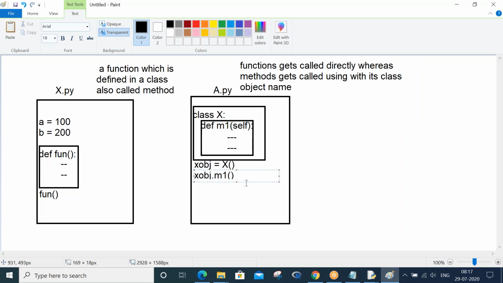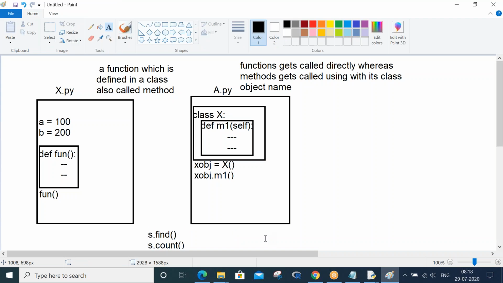Now come and see here what I have written in my program. You see s dot find, or s dot count. So dot is the simple identification, at least for now in the early classes. I am not straight away calling without any prefix, I am using some prefix. So here your understanding must be that s is an object of the str class, and find is a method present in the str class.